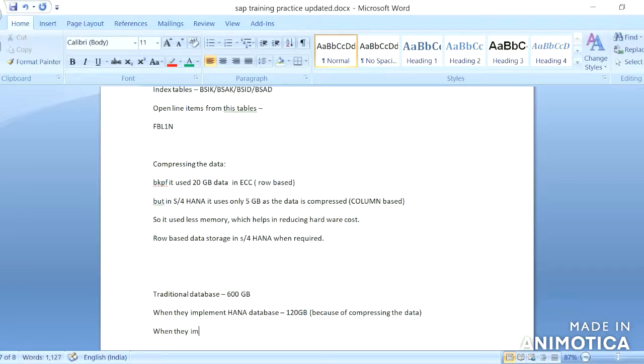When they implemented S/4HANA, it was reduced even further to 40 GB. This is because of the removal of duplications.